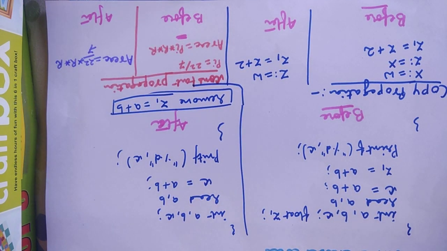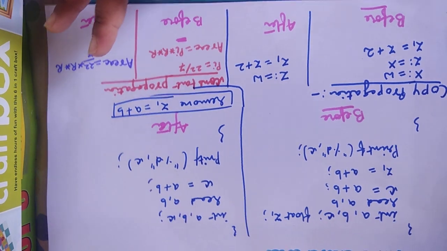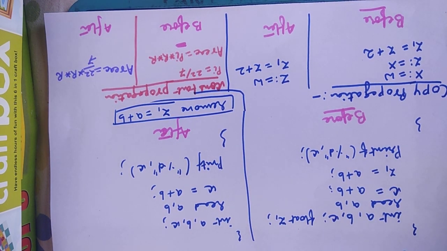Now the next technique is constant propagation. In your early days you wrote a program to find the area of a circle. We declare a variable pi = 22/7. Then when we compute the value of area, area = pi * r * r.